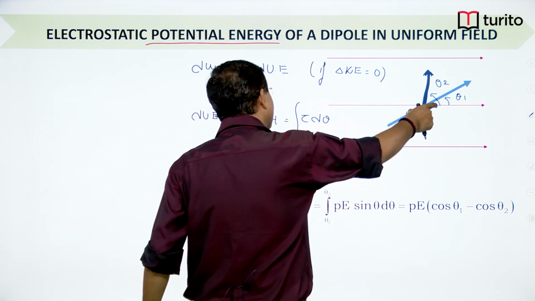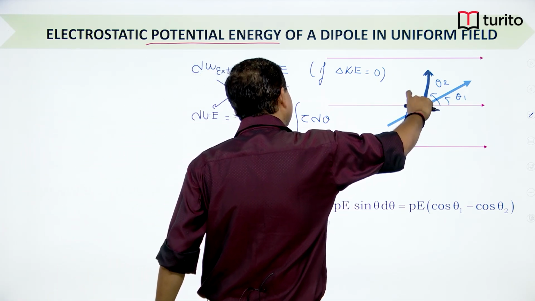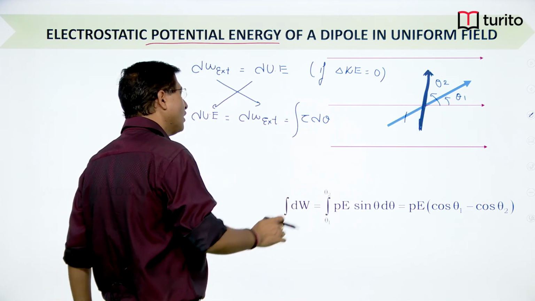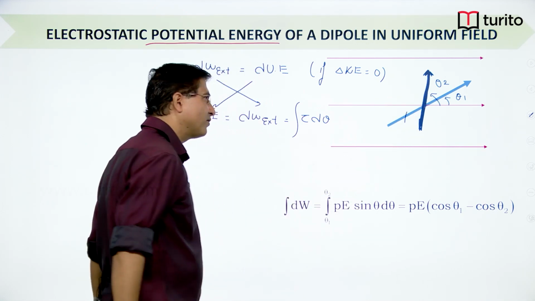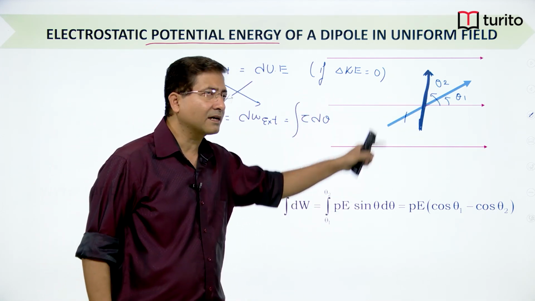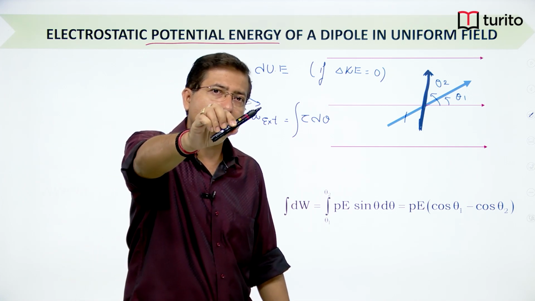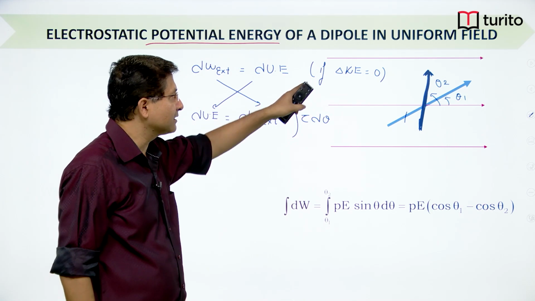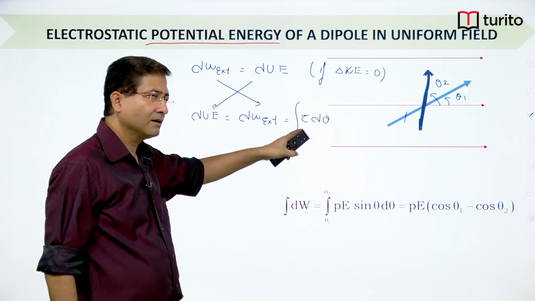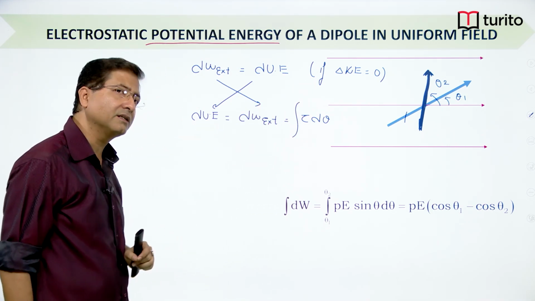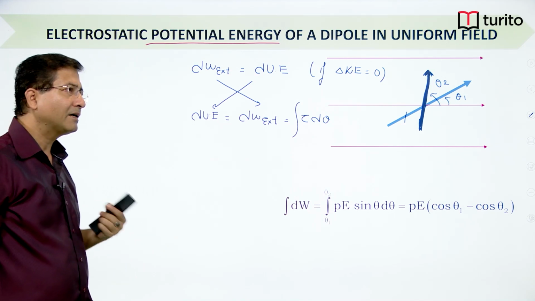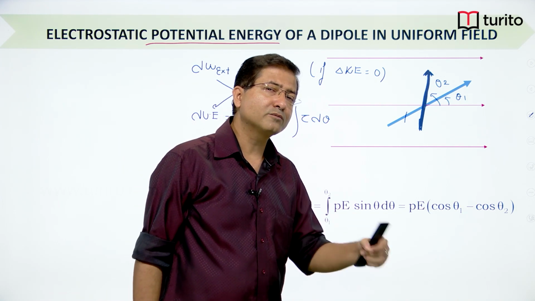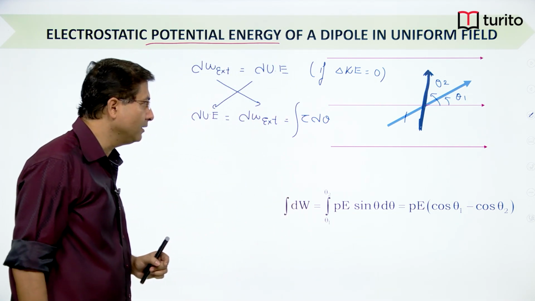As I am trying to rotate it in this direction, my torque will be almost equal to the torque produced by field, because there is no change in kinetic energy. Slowly I am rotating it. So without any change in kinetic energy, whatever work I am doing will completely go in the form of change in potential energy. So my torque must counterbalance the torque produced by field,